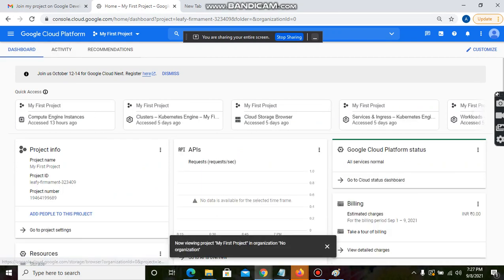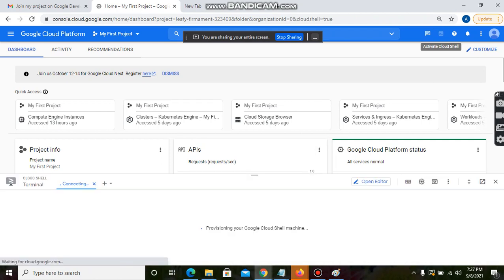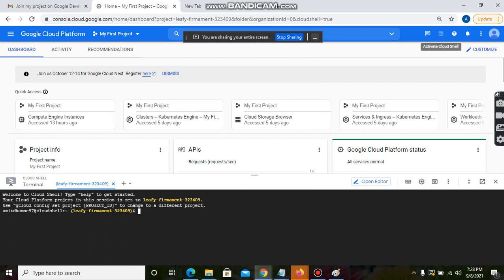You can perform operations on this cloud through the console also. What do you mean by console? Console means your command prompt, just like a command prompt in your system, right? CMD, you know, how to run commands in a command prompt or Linux based system. All of you, are you aware about it? Even if you are not aware, I am going to tell you some of the commands, so no need to worry